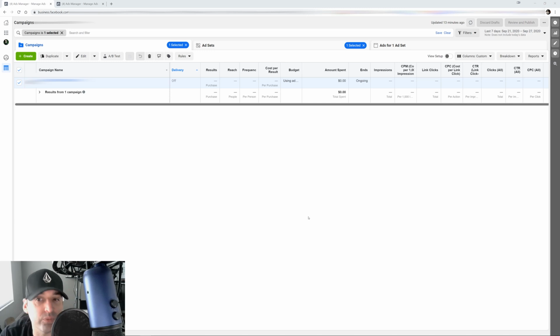When you're constantly rotating new images and new videos, as you should be doing at all times, it's going to get out of control, and it's easy to lose track of all those creatives because Facebook hasn't really designed a way to keep all your creatives in one place and being able to grab them